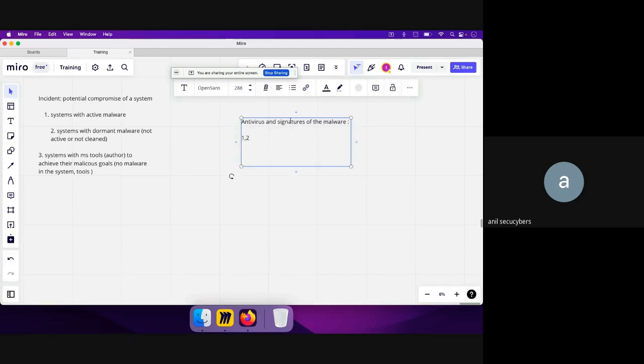So what I mean is that if you're dealing with an incident where the system has antivirus installed, and that antivirus has a database of known malware signatures, then using that tool, maybe you will be able to only handle the first